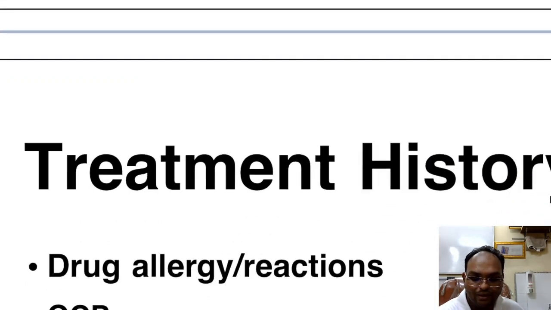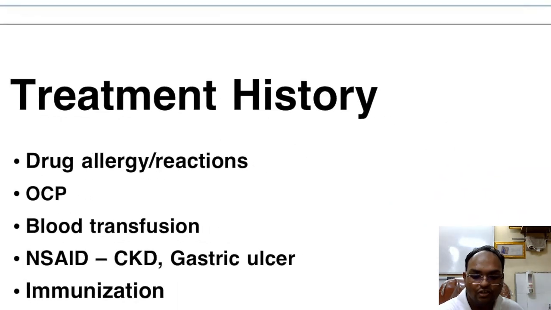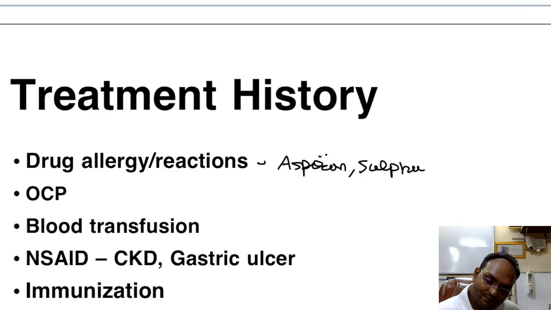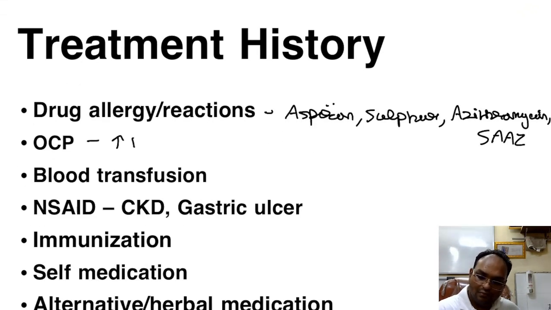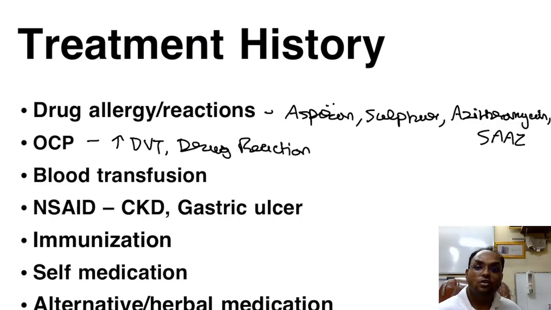সো মোর লাইকলি treatment history, you will need to know about drug allergy reactions. The common drugs to which people are allergic is aspirin, sulfur drugs, azithromycin, sulfasalazine. OCP history কেন? DVT করে। তারপরে ড্রাগ রিয়াকশনস, ধরো কেউ এটিডি খাচ্ছে, রিফাম্পিসিন ওসিপিটাকে মেটাবলাইজ করে দিল, আবার অ্যাডিশনাল কন্ট্রাসেপশন নিতে হবে। ব্লাড ট্রান্সফিউশন বিকজ অফ ইনফেকশনস, বিকজ অফ আয়রন ওভারলোড, বিকজ অফ হার্ট ফেলিয়ার, ট্যাকোট্রালি।